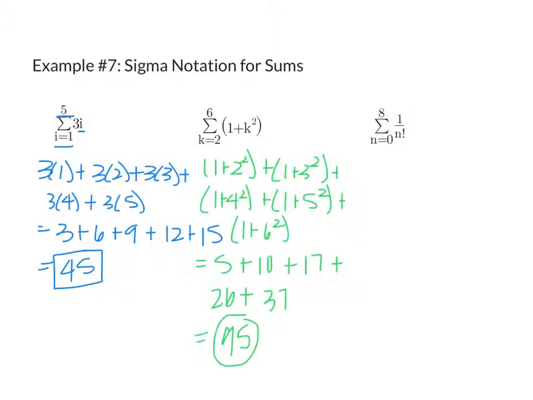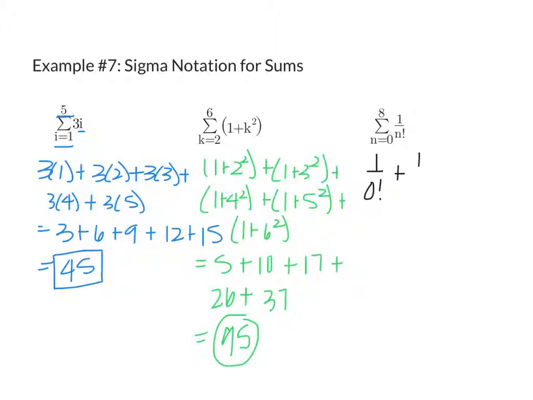All right, let's try the last one. So on the last one, it is a sum from 0 to 8 of 1 over n factorial. Now, this is one for sure that we would want to use our calculator function for. And I'd have to show you in class how to use the calculator function, but there is a factorial button on your calculator. So to set it up, though, it would be 1 over 0 factorial, because it's from 0